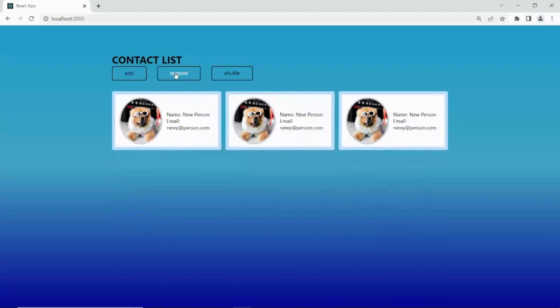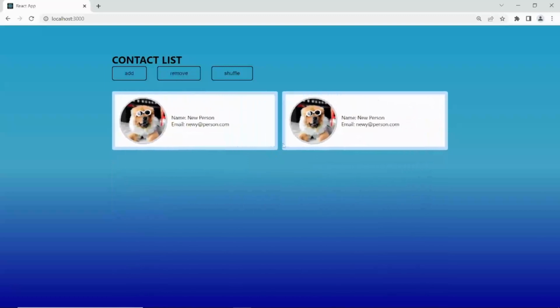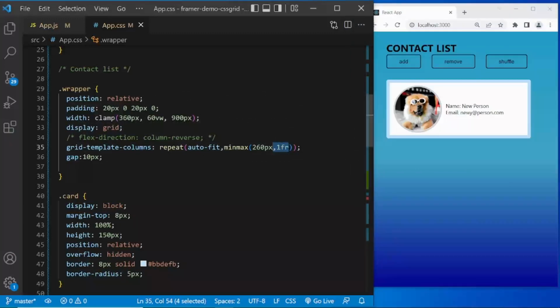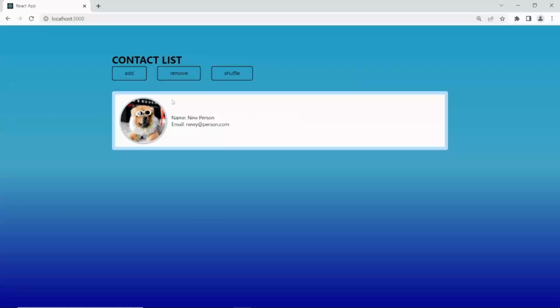And if I have one row and I remove something, it grows into that, and that's the grid column template configuration doing that. That's what the 1fr is doing. If it's just one item, then it will expand to the available space.